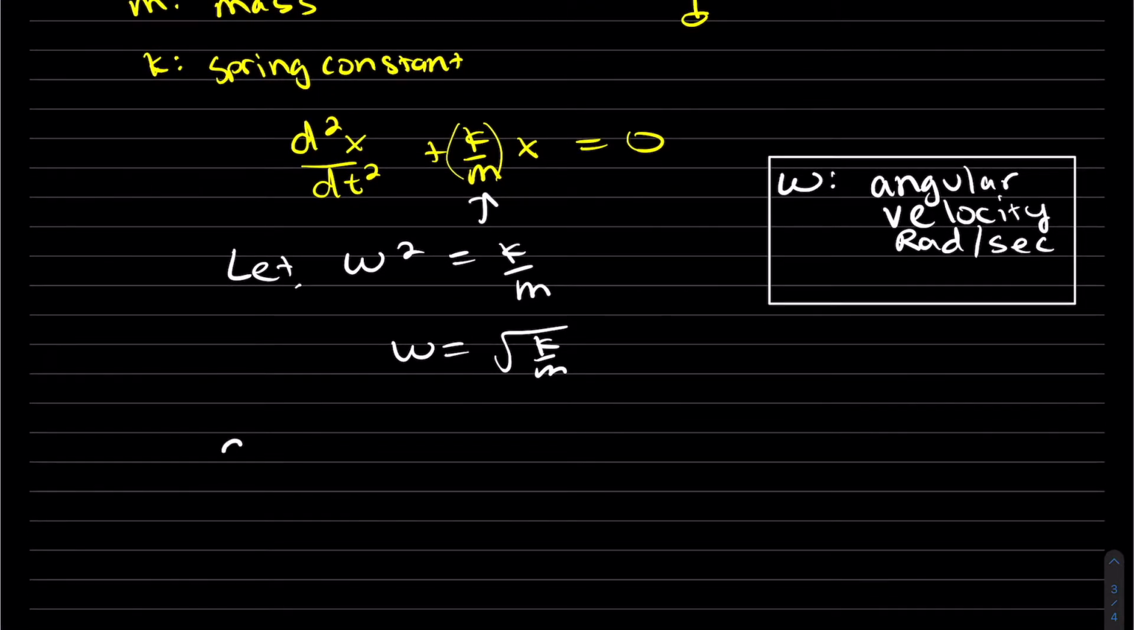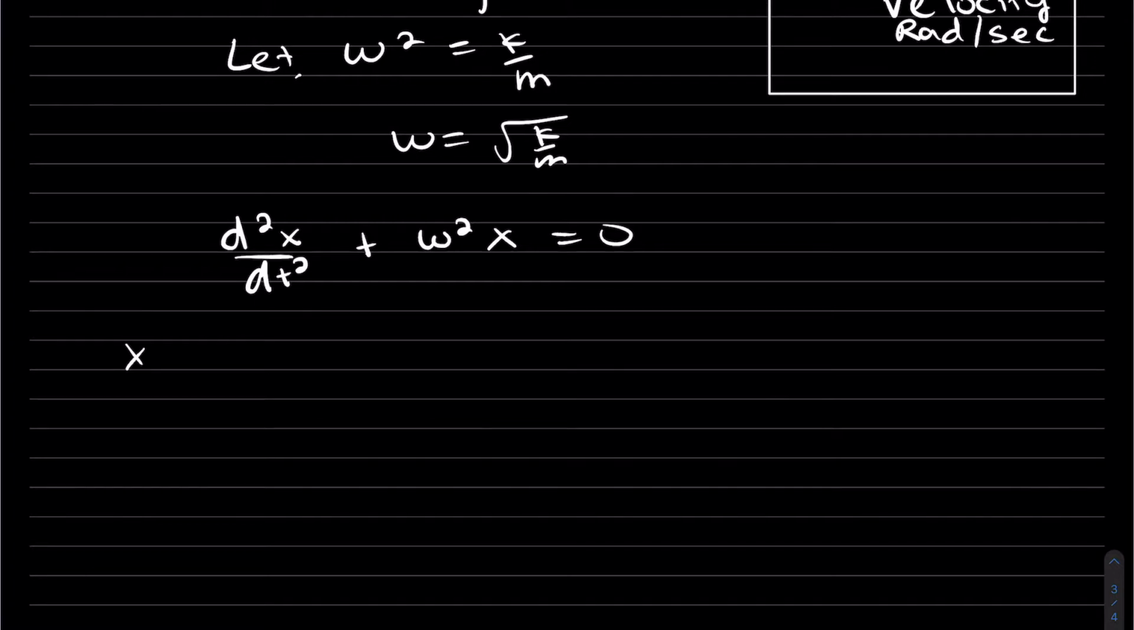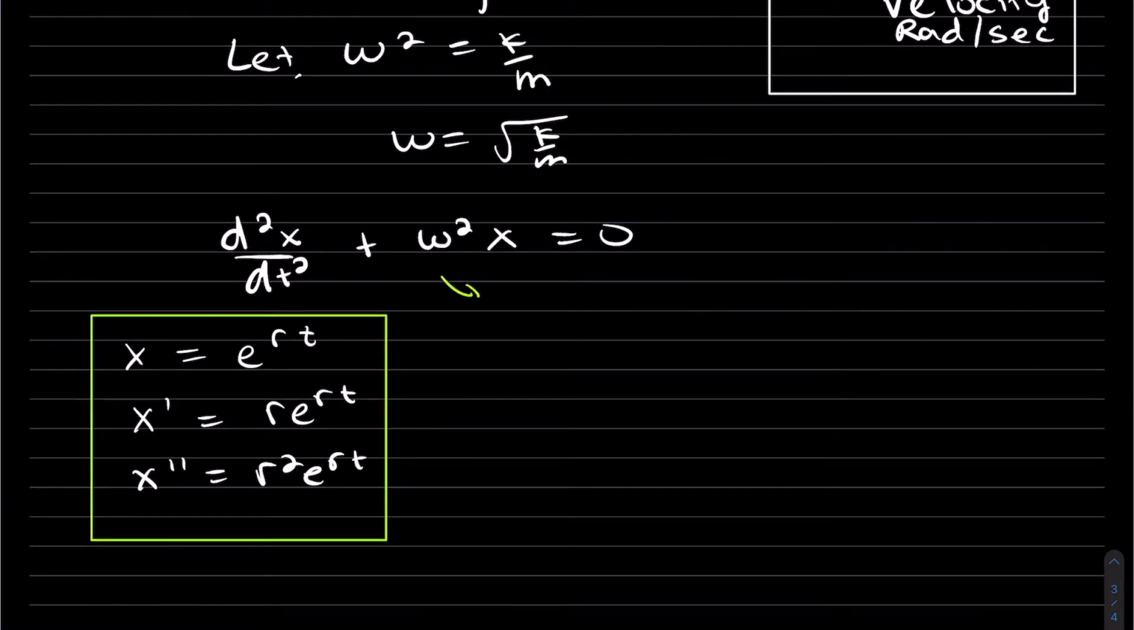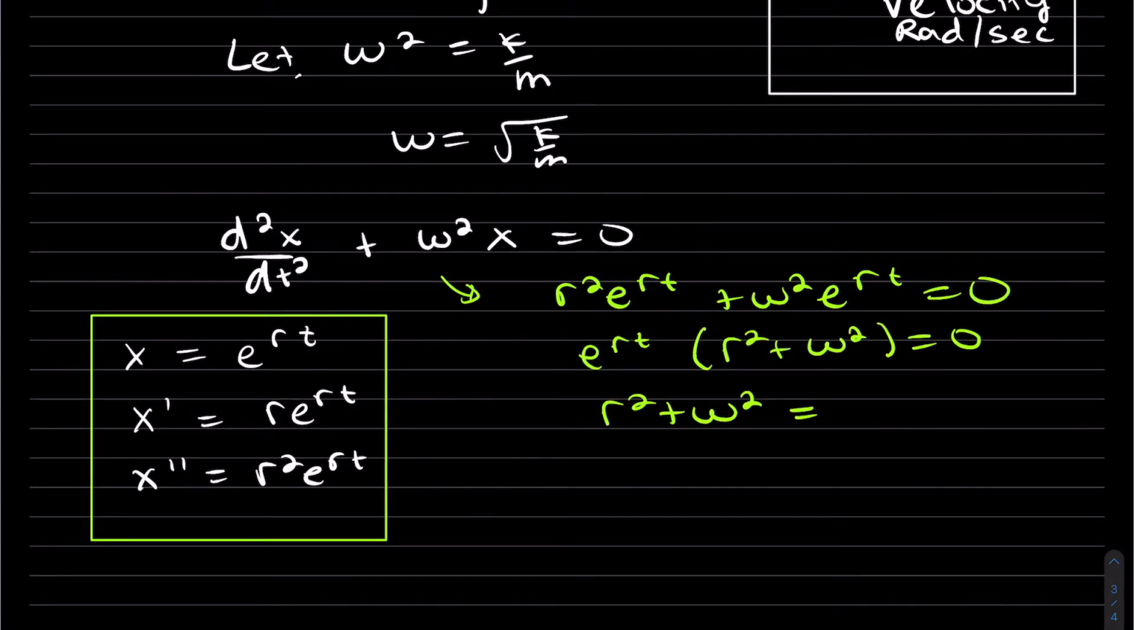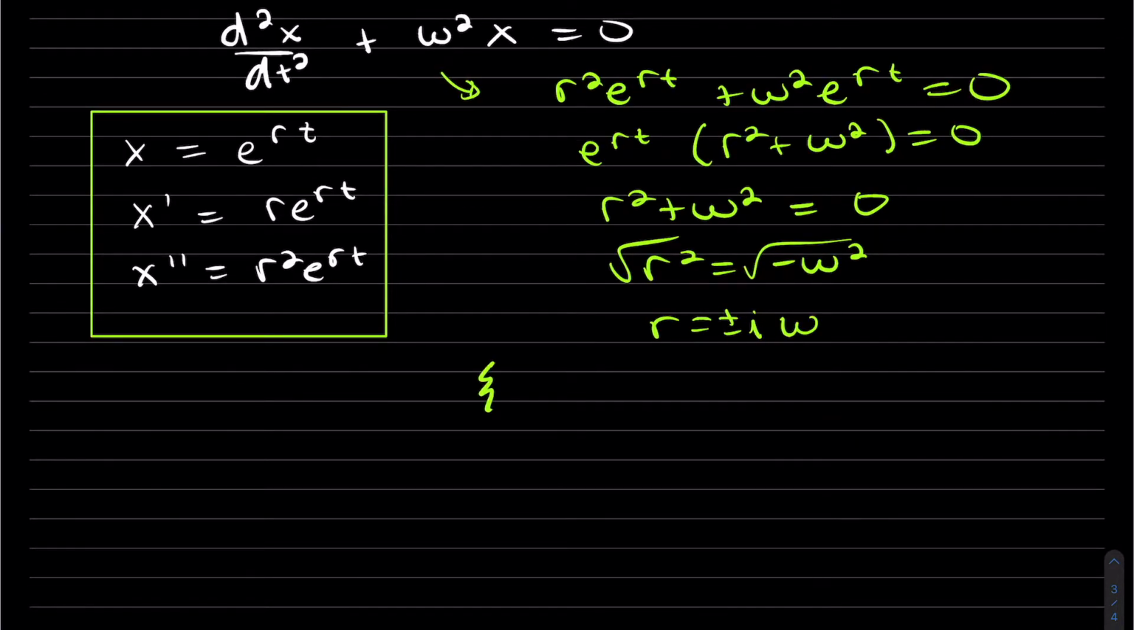So now let's solve this equation using omega. It's a constant coefficient equation, so x equals e to the rt, x prime equals... so we get two imaginary roots, which means my fundamental set